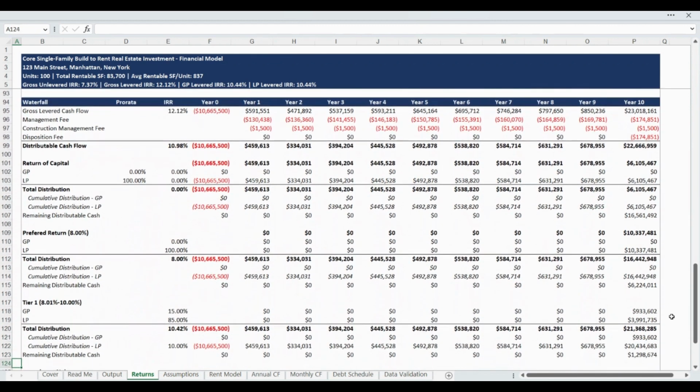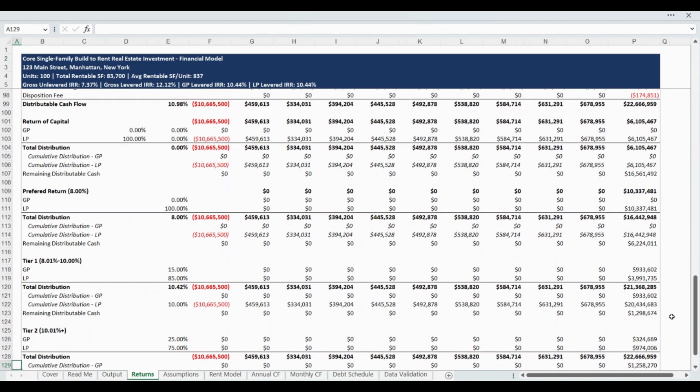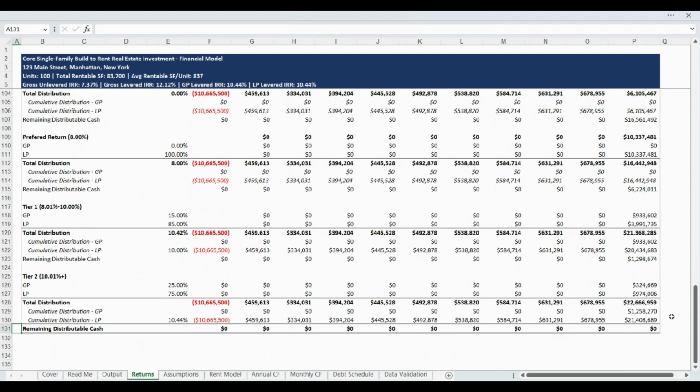The final component of the Returns Output tab is the Waterfall distribution. The waterfall distribution is pre-programmed as a return of capital to limited partners, an 8% preferred return to limited partners, and then a two-tier promote structure. The first promote tier is 15% of the return over 8% but less than 10%, and the second tier is